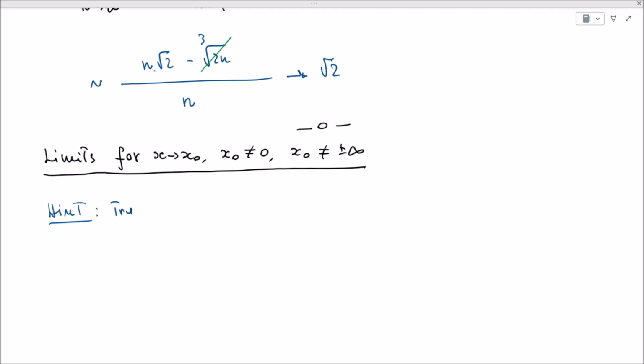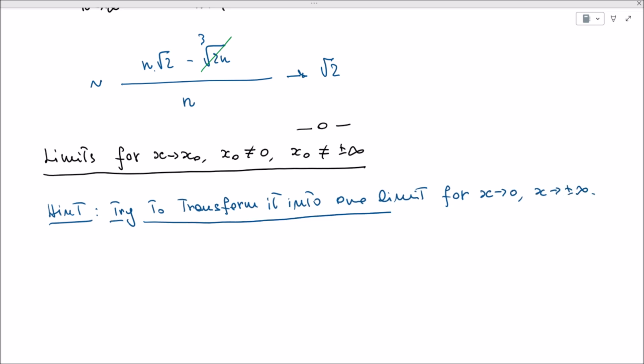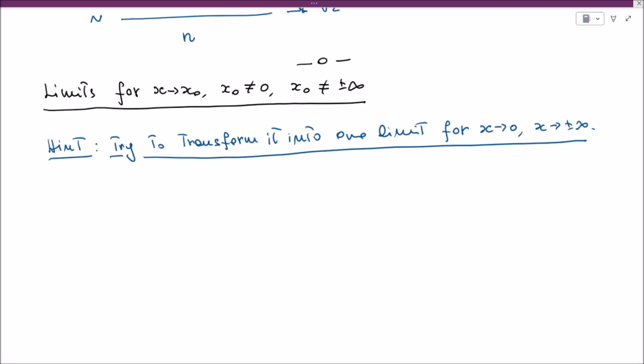Try to transform the limit into one limit for x goes to 0 or x that goes to plus or minus infinity. So we want to try to do this, and we'll see that this is very easy. For example, consider